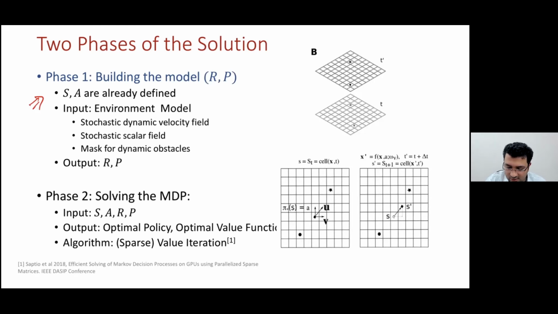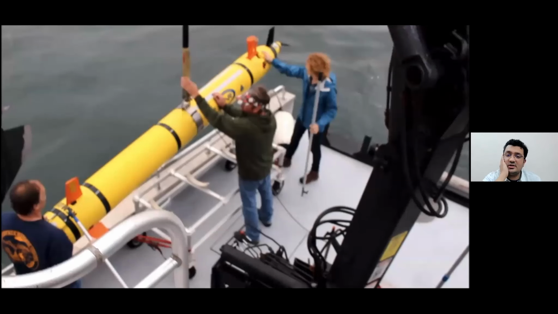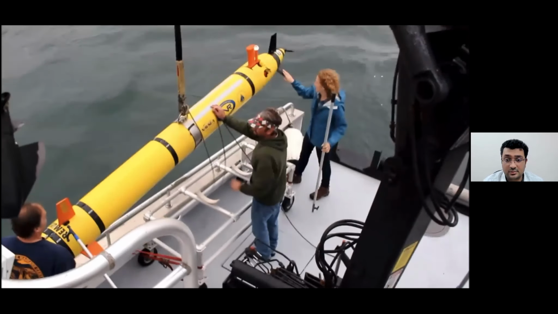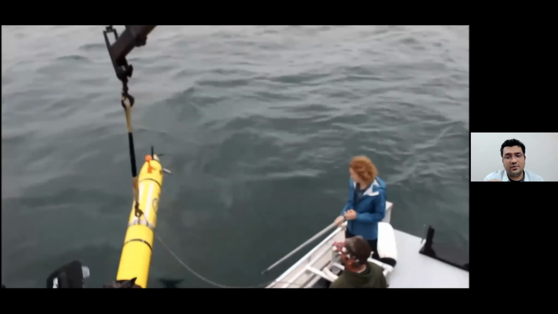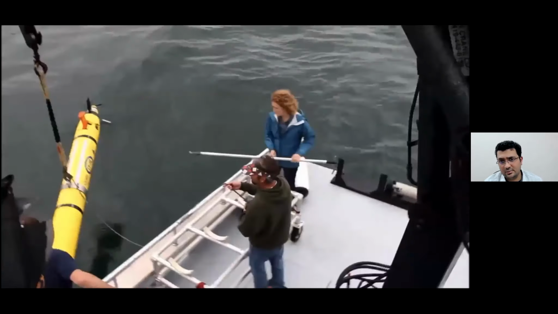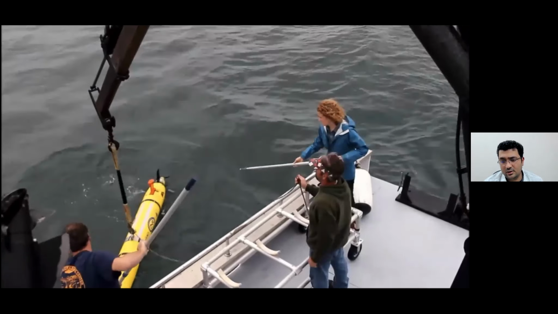And what you see over here again is an application. I'll just show the application. Actually, before I show the application, let me show you how these AUVs are deployed, right? So this was a sea exercise that we completed in Mass Bay, right? So it's near Woods Hole Oceanographic Institution, right? So what you can see over here is a Remus 600 AUV that is deployed with one of our algorithms inbuilt, right? So at the time of this experiment, we were using a level set based PDE algorithm for optimal